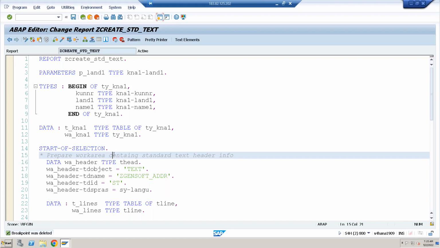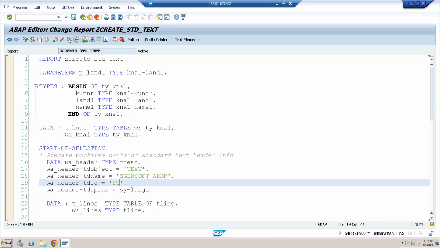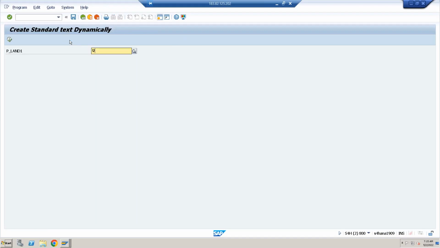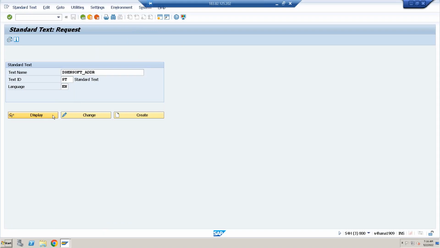First time when I execute this and the standard text is not there, it has created the standard text, and we have written the content to that particular standard text. Now let me execute once again. Already the standard text is there with Indian customers data. When I execute now, I'll give yes this time. Let's see what happens. Open the standard text and check. Earlier we had 43 entries. Now when I display,